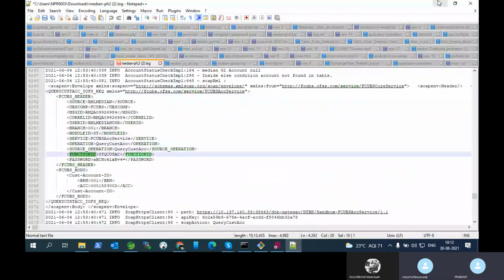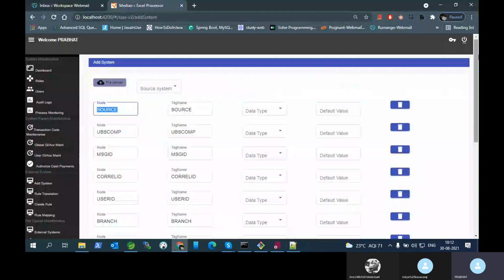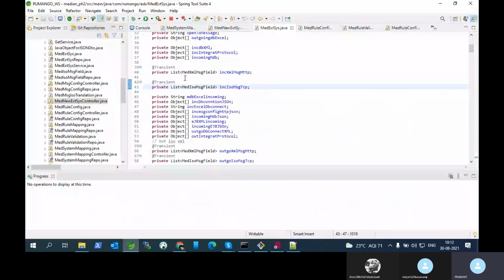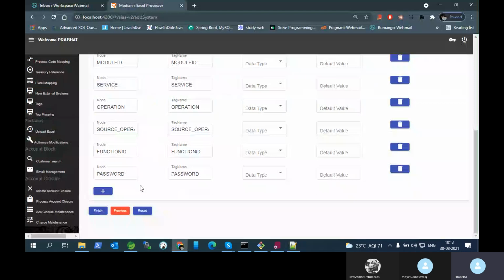Okay. Fine. So now we can come to next. Okay, so this will be finished. And here what you need to take care about is these variables. Because the new variables are all giving a null. So you need to check in math.ext these 4 variables: incoming XML, incoming ISO, same like outgoing XML and outgoing ISO. Only 4. So this is the change for add system. Add system. Now come to next screen.